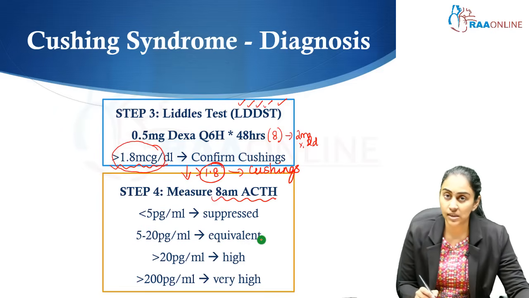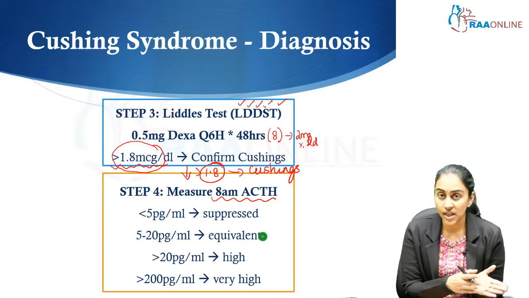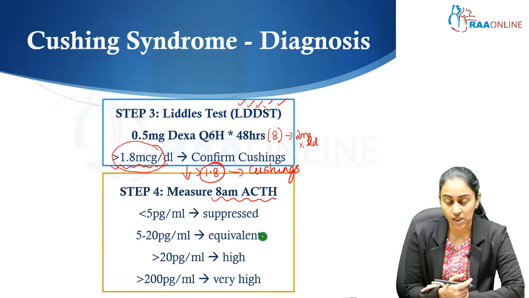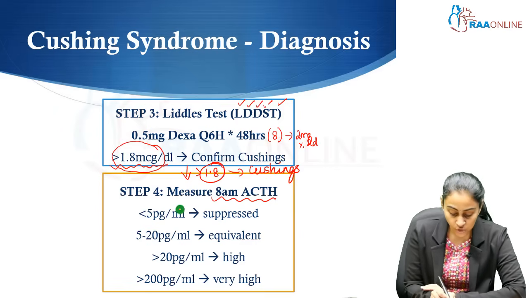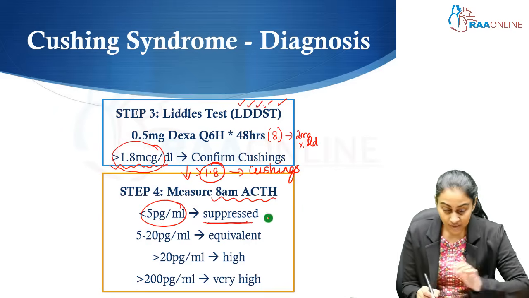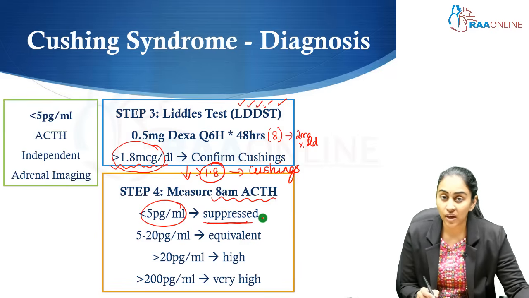So, once Cushing's is confirmed, the next important question is going to be where is the Cushing's, and for that we divide Cushing syndrome into 2 broad groups, whether Cushing's is ACTH dependent or ACTH independent, and therefore we need to do a serum ACTH. If an 8 AM serum ACTH is less than 5 picogram per ml, that means this is suppressed. If it is suppressed, this is an ACTH independent Cushing's. Therefore, the problem should be in the adrenal and patients may require an adrenal imaging.